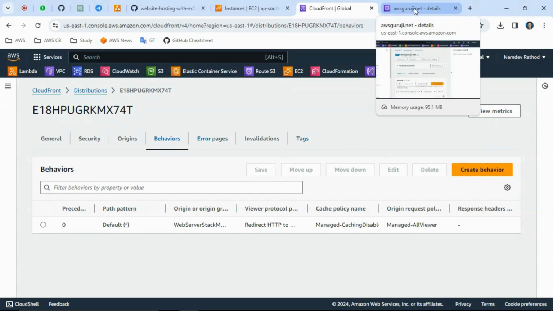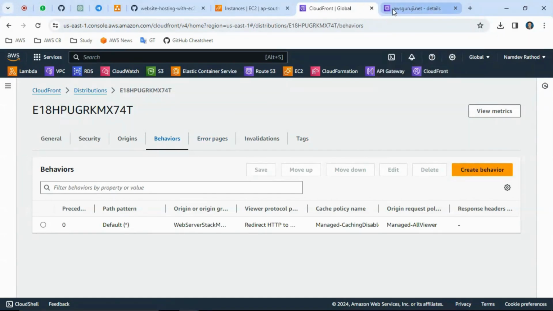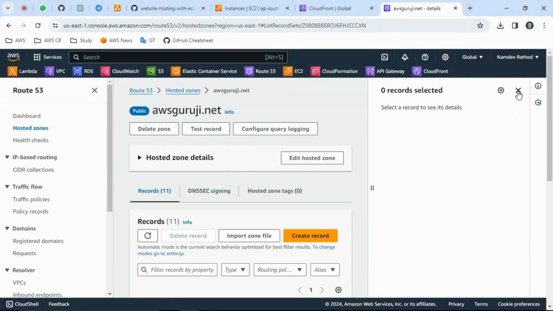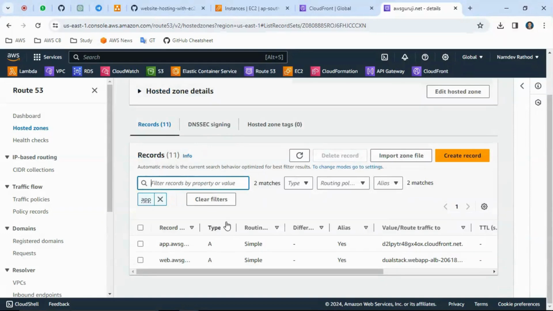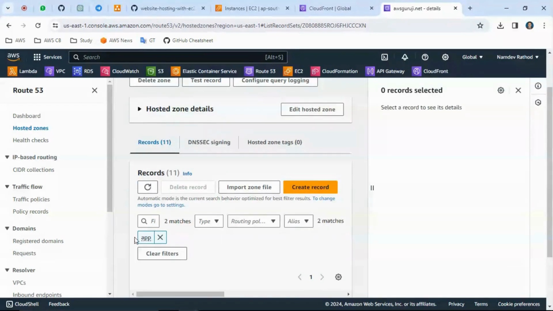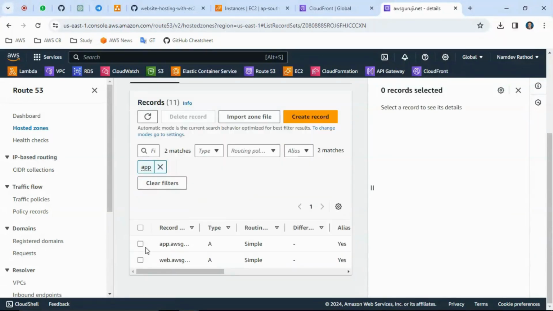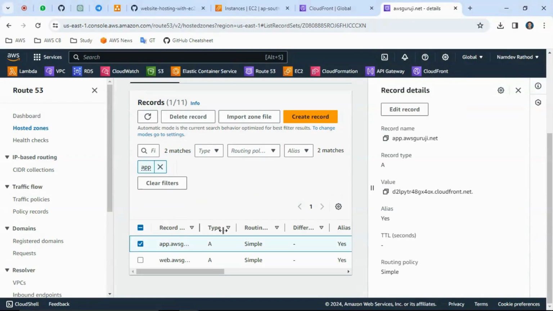And sorry, if I want to show you that DNS entry, if I just search this app, you can see here. Okay, if I just click on that app.awsguruji.net, this is mapped to the CloudFront URL. Okay, if you can just look at this